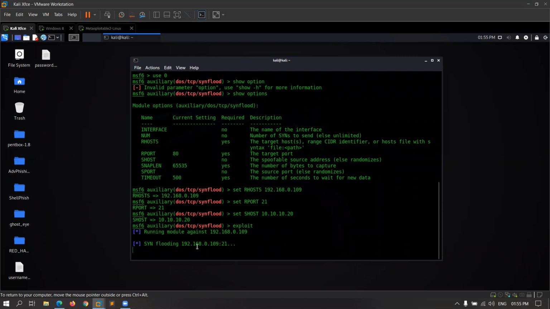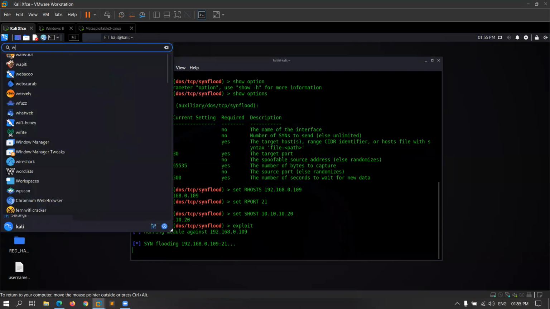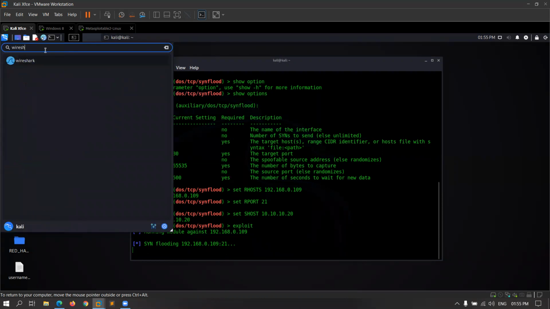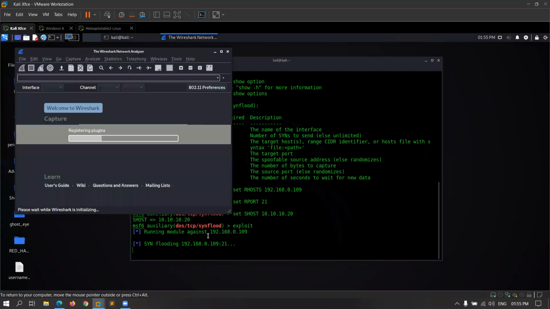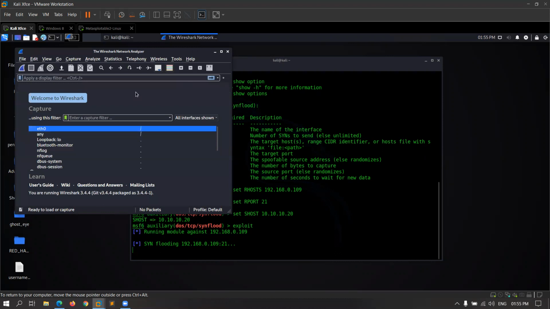So SYN flooding is performing, and how do you know that the attack is working or not? You can use the Wireshark tool. A Wireshark tool shows you the traffic which is performing from this IP on the port 21.